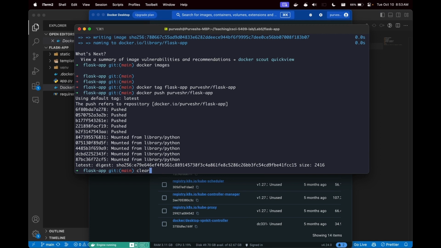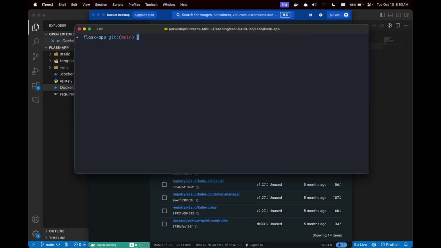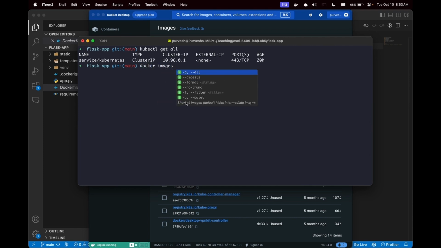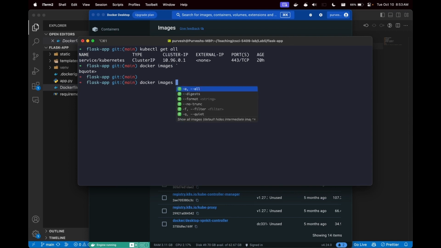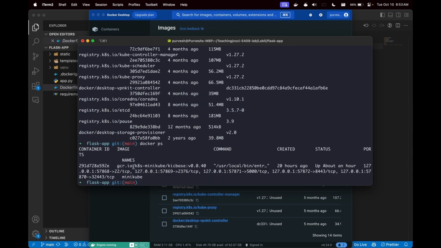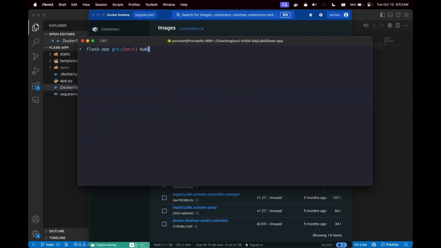Okay. To access the CLI commands of Kubernetes, you have to use kubectl. In Docker, we use docker images, build, run, etc. In Kubernetes, you use kubectl. If you write kubectl get all and press enter, it will list all the things. Let's say when I write docker images, it will list all the images. And if I write docker ps, it will list all the running containers. Just like that, if you write kubectl get all, it will give you a list of all the